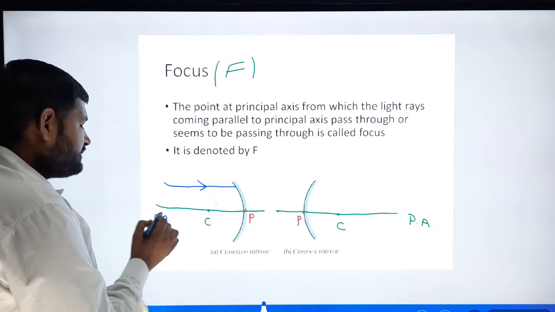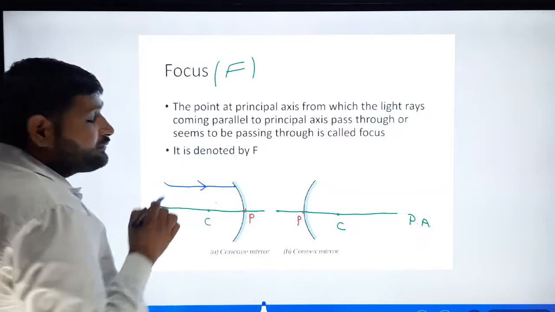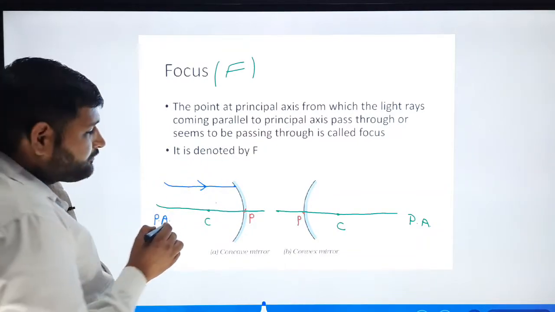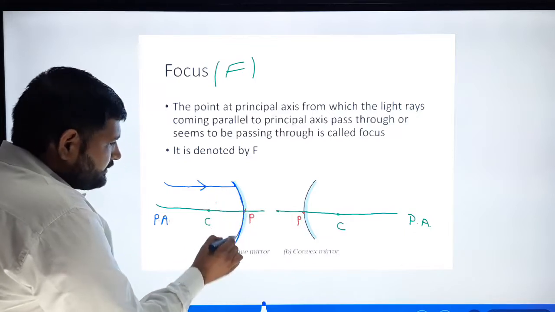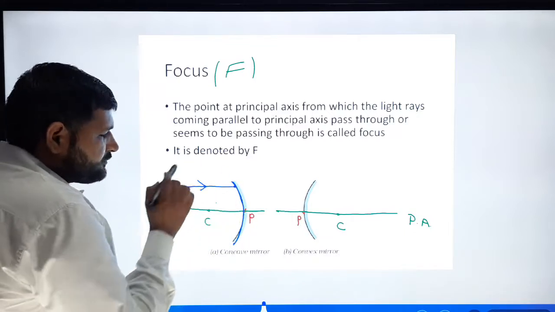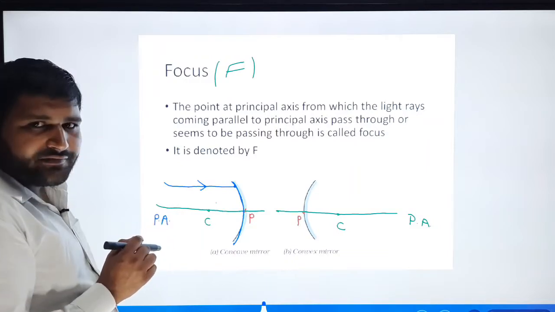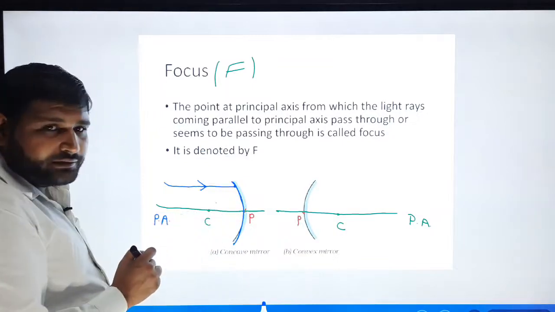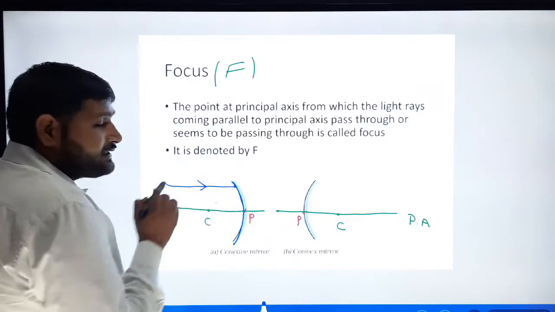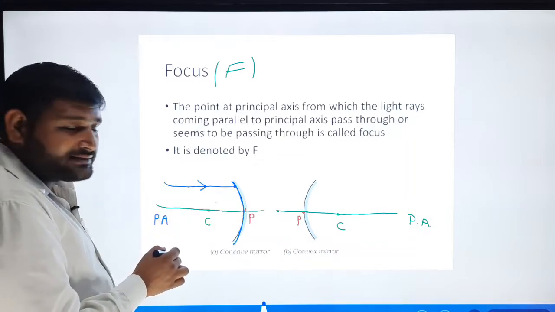The incoming or the incident light rays are coming parallel to the principal axis, and this strikes the concave mirror at this point. What is the function of mirror? Mirror reflects the incident radiation. So, this concave mirror will reflect the incident or the incoming radiation that is coming parallel to the principal axis,